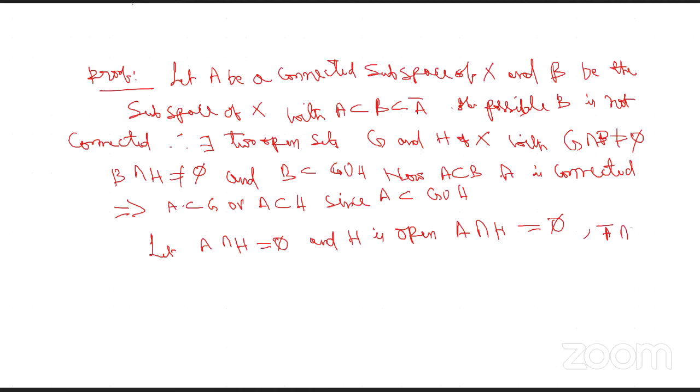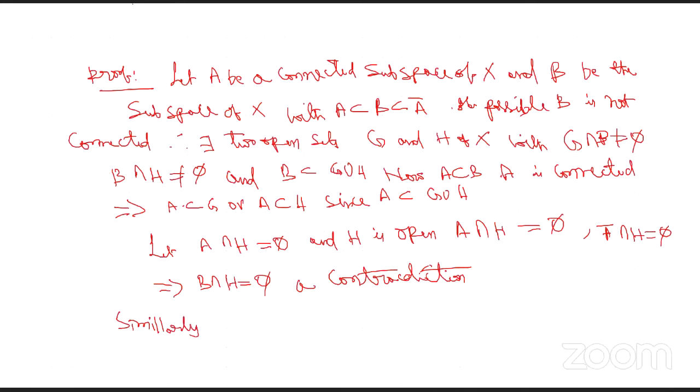That implies B intersection H equal to null set. So a contradiction. Similarly,